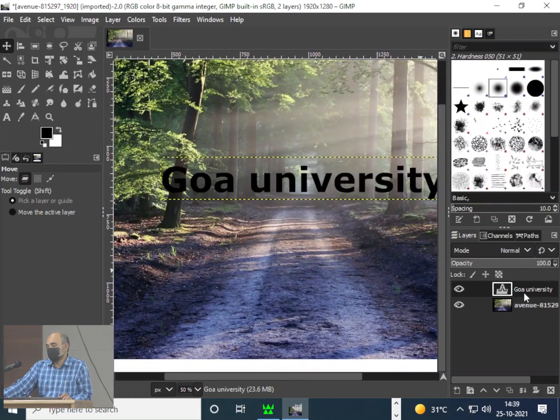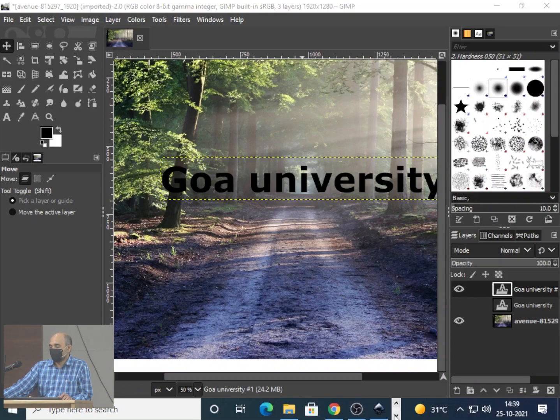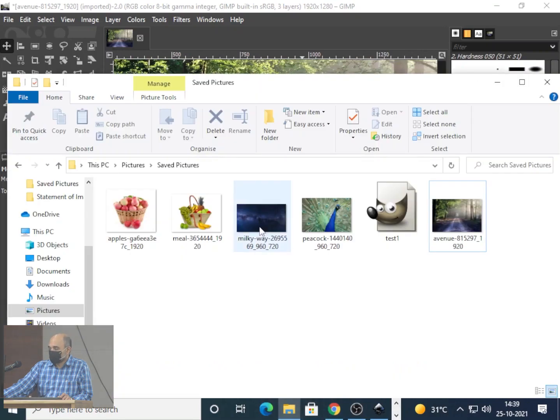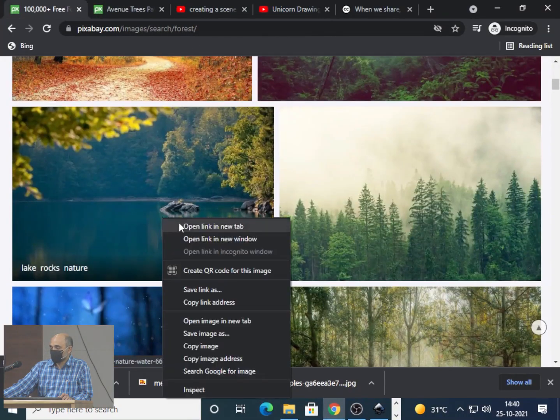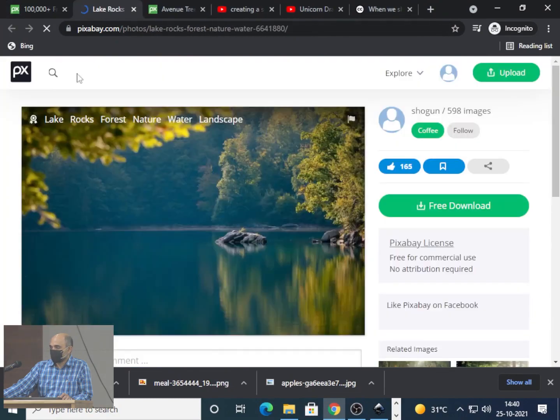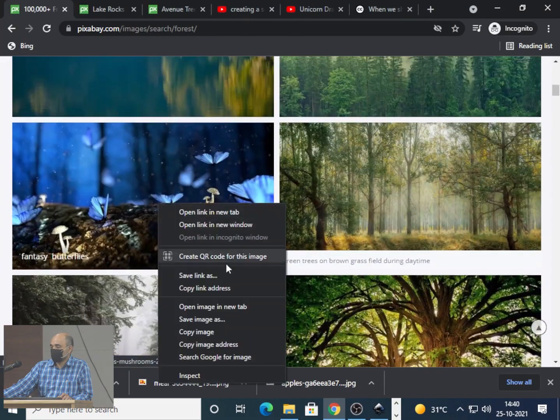So what I do, of course I'm changing the steps slightly. I'm duplicating it just because I'm going to use it later just to show you an effect. But what do I want to see through this now? What do I want Goa University to look like? So there are multiple options. I can actually download another image or I can select whatever I have. So at the moment I'll use the Milky Way, or I can actually download another image if I want. This looks better.